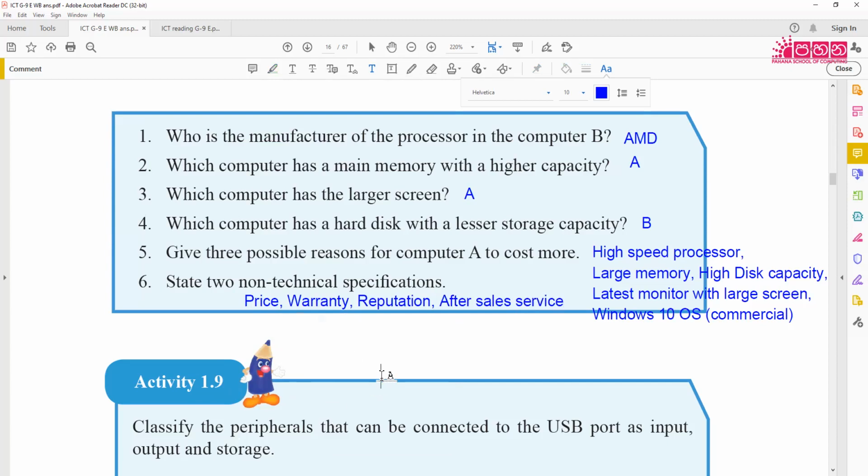Okay, so all these comes under the non-technical specification. So remember, knowing that you are purchasing from a reputed company matters, right? There will be a slight increase in price, but